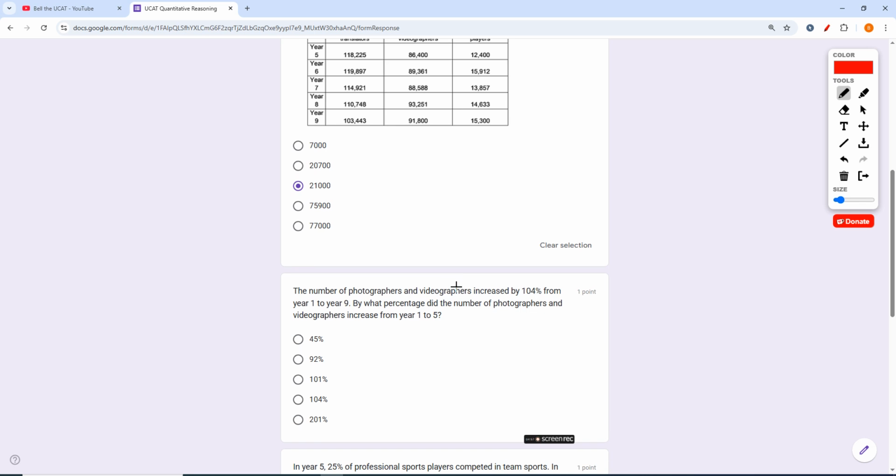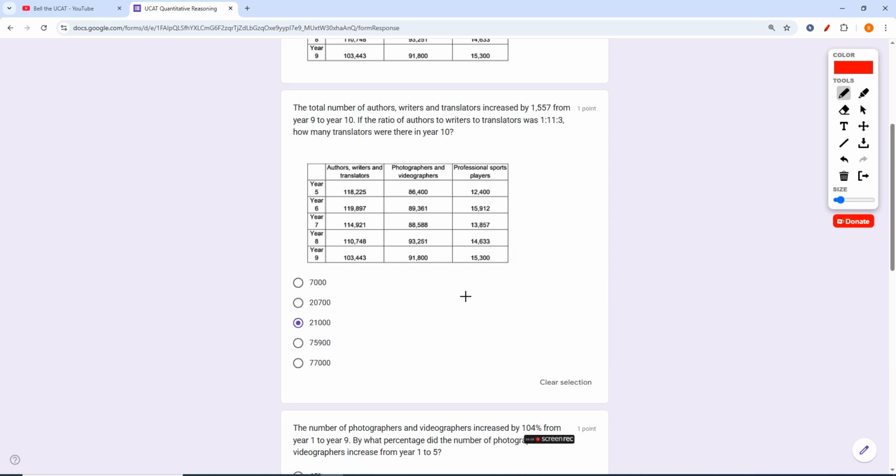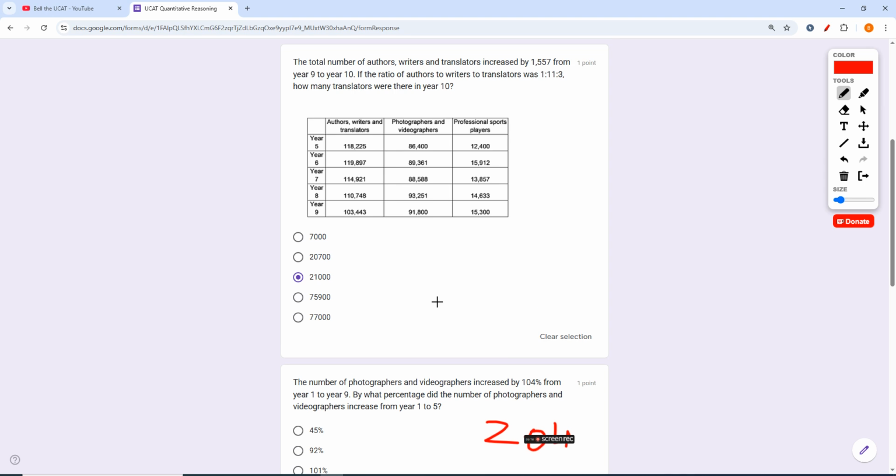Ready? Okay. The number of videographers increased by 104%. So 104% means my new multiplier would be 2.04. Please make sure you know that, the multiplier way to do percentages. Right, okay, from year 1 to year 9, by what percent did the number of photographers increase from year 1 to